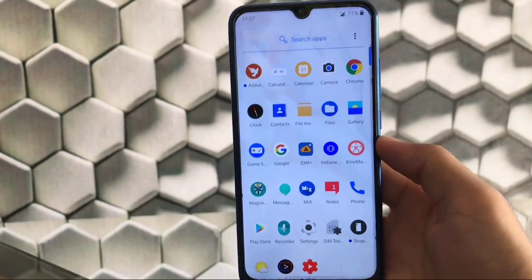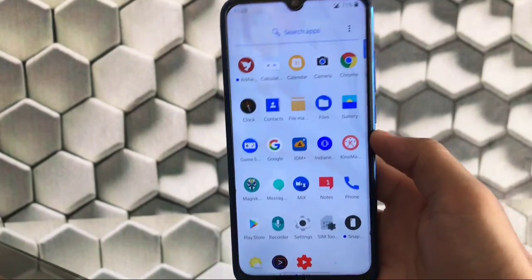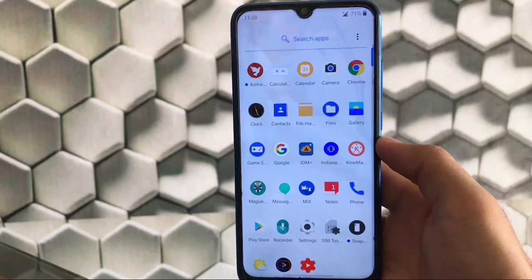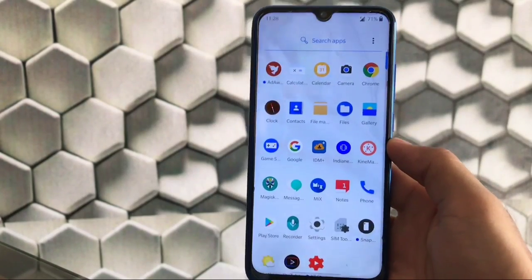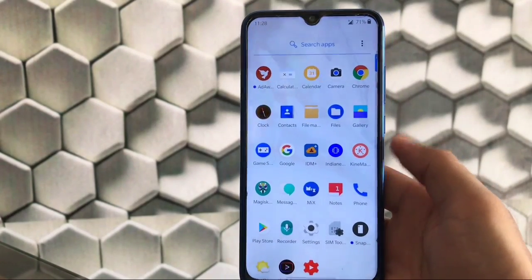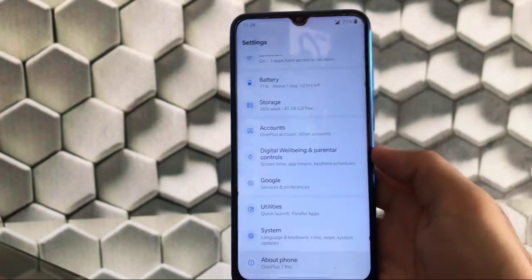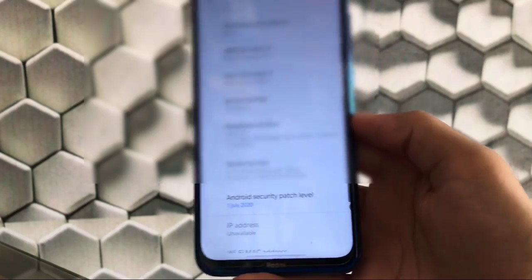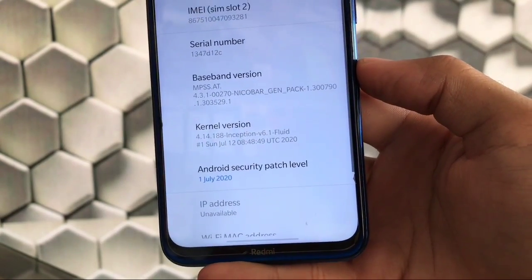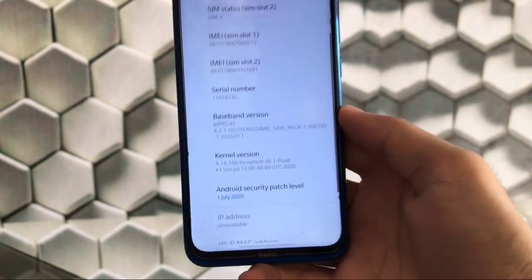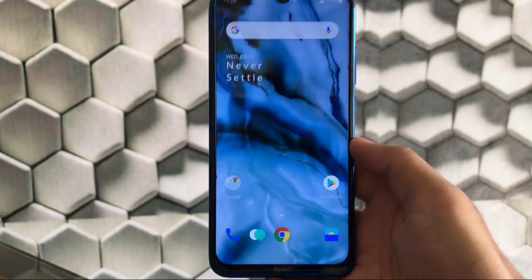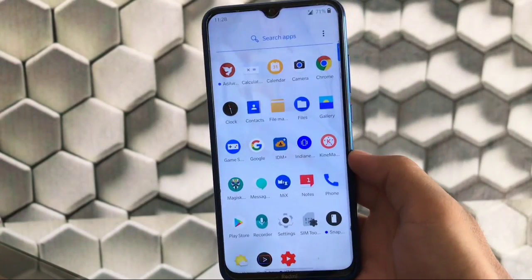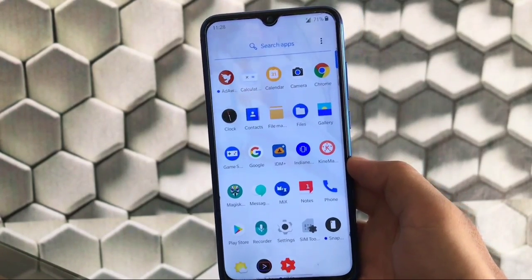We have all the OnePlus apps available, and if you're also a lover of Oxygen OS like me, I'm also one of the lovers of Oxygen OS, and I like Oxygen OS a lot. You will surely love this build because I'm using it, it's smooth, it's perfectly fine. Let me just tell you one more thing. Go to About phone, and when I go to Status, here I have the kernel version, which is Inception v6.1 pre-installed kernel. This is also the reason behind the smoothness of this build. Inception v6.1 is here, which is kind of smooth. So a OnePlus ROM with the Inception kernel is just perfectly fine.